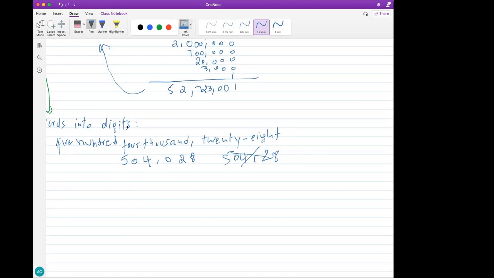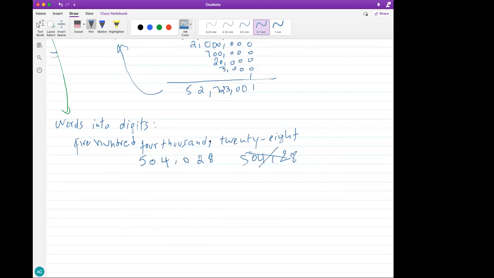Most of the time, I'll give you up to the millions. So every time you see a sentence, and if the millions is mentioned, then immediately think about a number like this. You gotta have 3 here, no matter what, another 3, and then another 3. Even if you don't see them in the sentence, you still have to have them. First, set up an empty number like this with these blanks, and then fill in the numbers